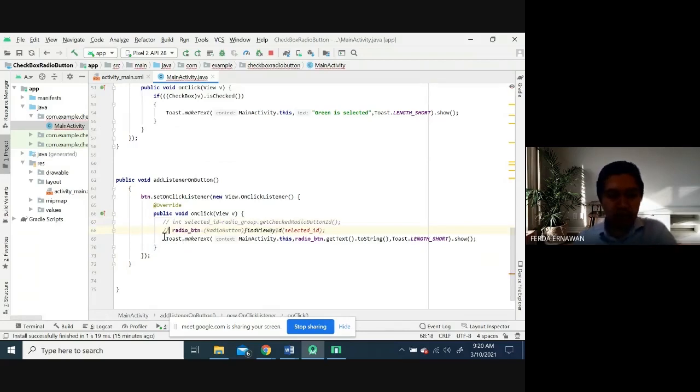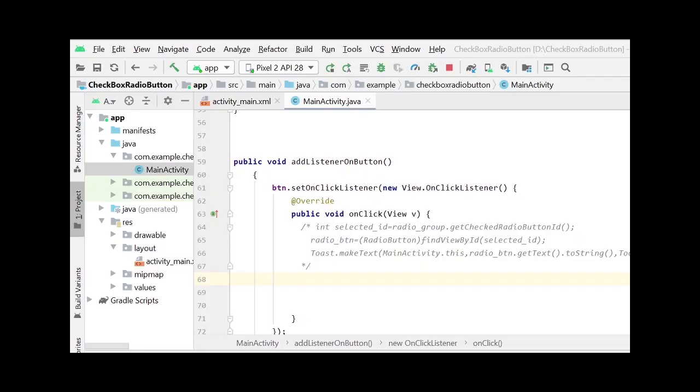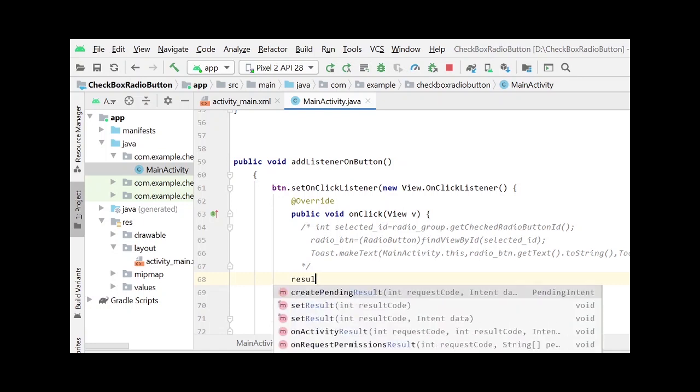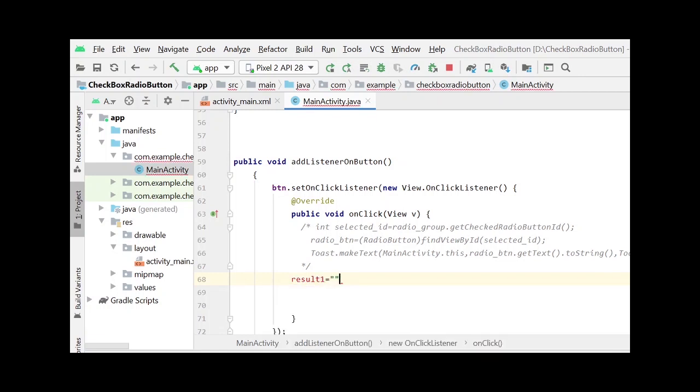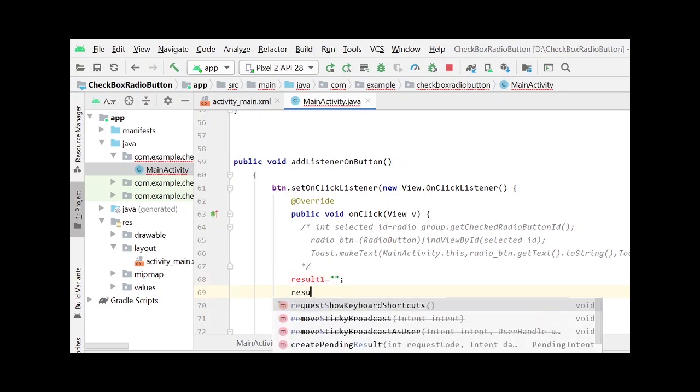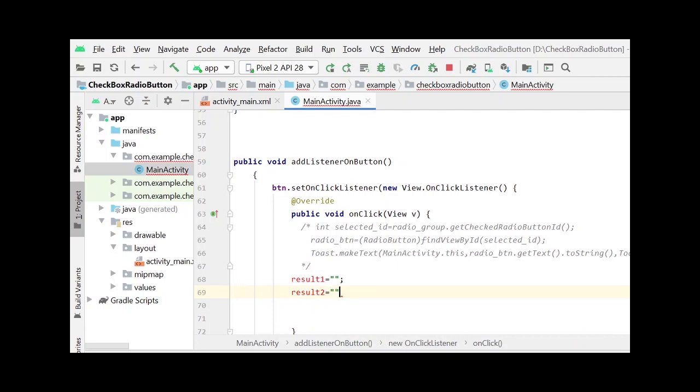Want it like that? Yes, it can be done. First, we have to declare the variables, string variables, in order to save the result. So we can declare result1 equal to empty like this, and result2 equal to empty.